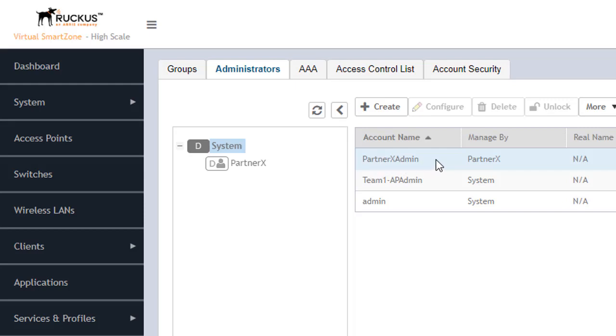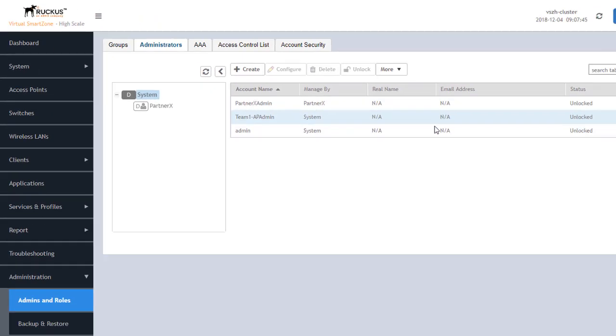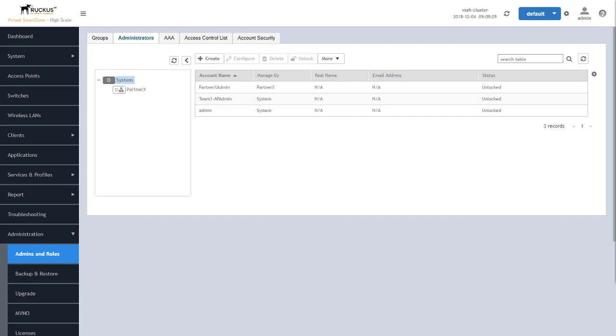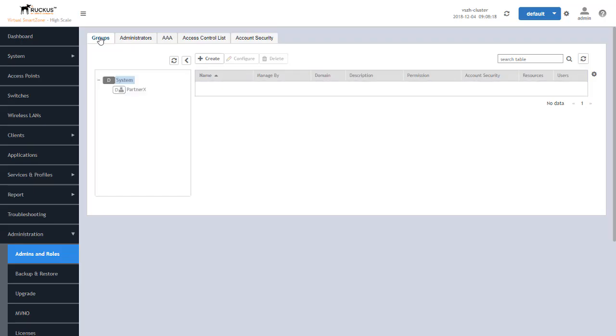So now we have the Partner X admin managed by Partner X, and a Team 1 AP admin that's managed by the system. So now that we have our admin accounts, we can grant administrative access to the controller, and we do this by creating groups. So over here at the Groups tab, this is where we can start creating groups that allow privileges to those